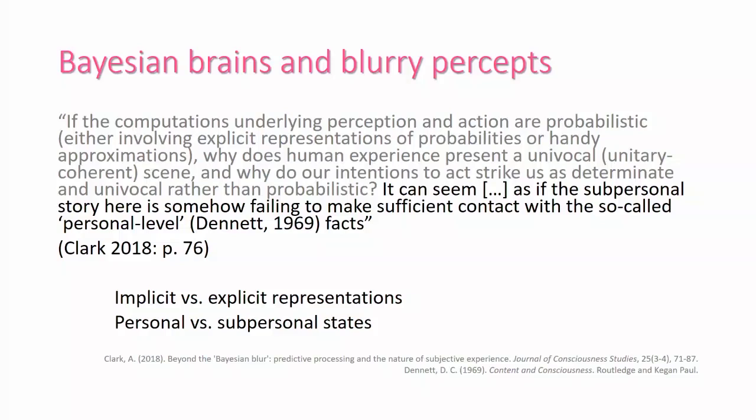Before getting on to the proposal, I want to get two other solutions, or pseudo-solutions, out of the way, about why we don't need to worry. One thing that comes up is people say it's not really the case that we explicitly represent internally these probability distributions, and on certain accounts of how we approximate them, there's a sense in which the content is far more determinate. We don't encode over the entire range. There's heaps to say about this, but just very quickly,